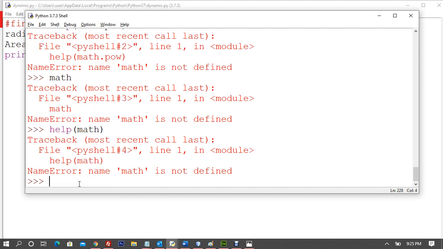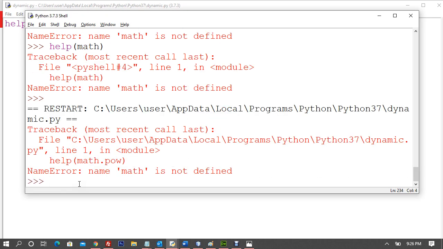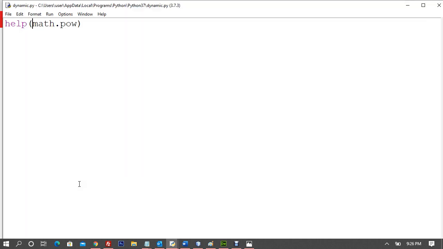Math is not defined. I don't know why math isn't defined. Let me type it here for you. I'll say help math.power function, and power is the function. Yeah, math is not defined, so I'll have to say